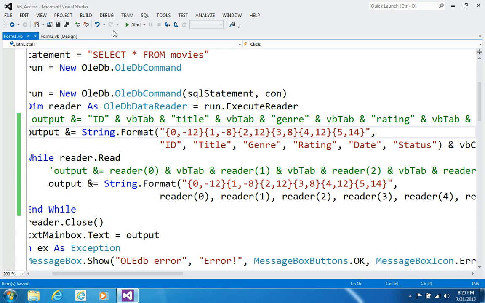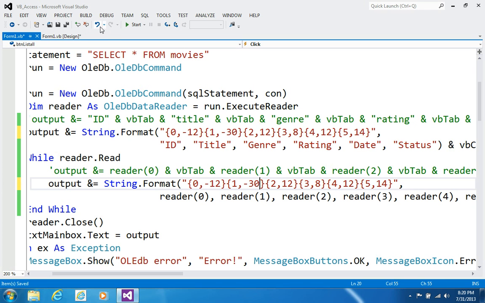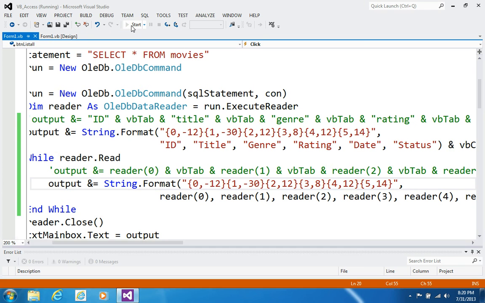And the string, see the 8, the second number is the number of characters that's going to allocate for it. Yeah, so I thought on the title, 30. Let's do 30 there. So when I do that,